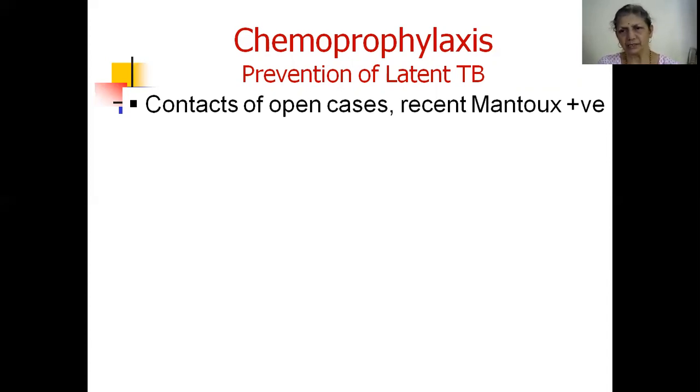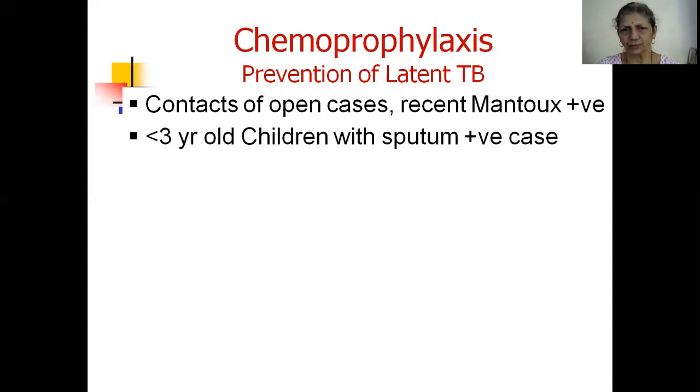So who are the individuals who should be given this prophylactic treatment? All contacts of open cases, sputum positive, who recently are showing Mantoux positive. If they had Mantoux positive right from before, that's a different situation. Now they're in contact with a positive open case, and they've converted to Mantoux positive. That means they have acquired the infection just now. Also, less than 3-year-old children in families with a sputum positive open case,